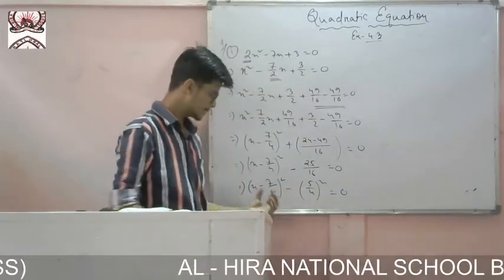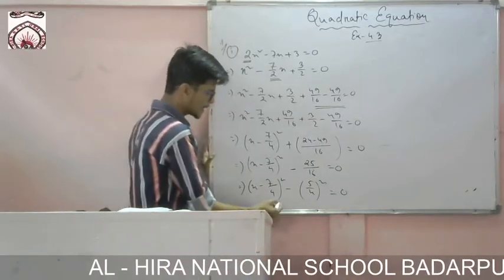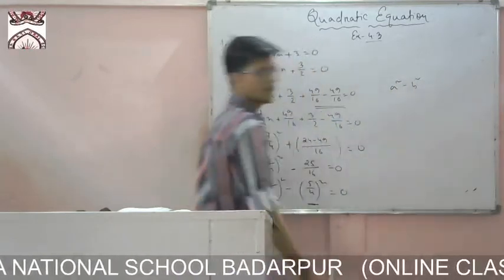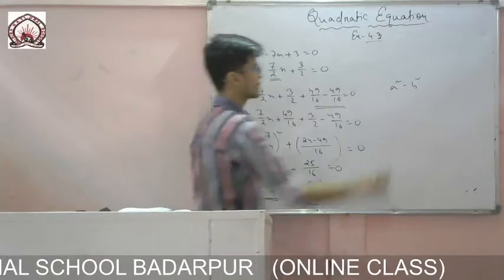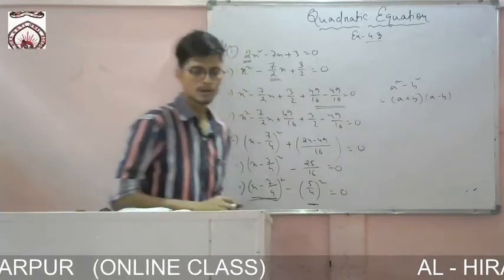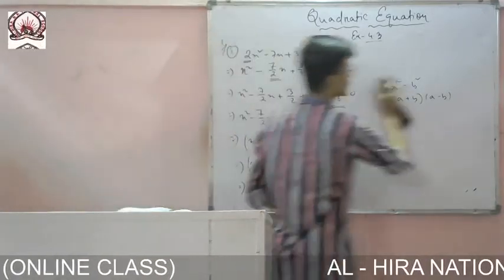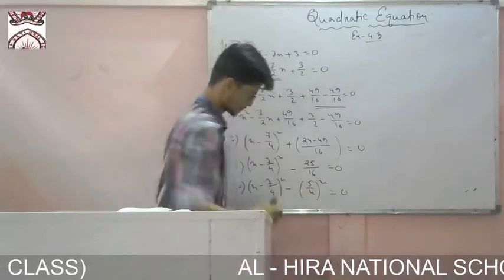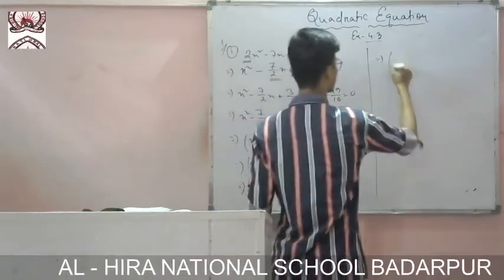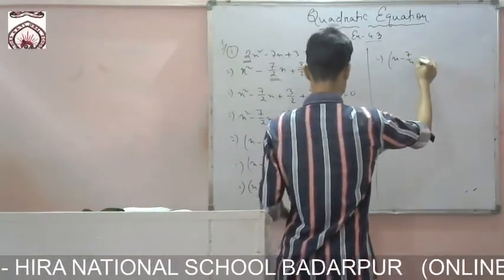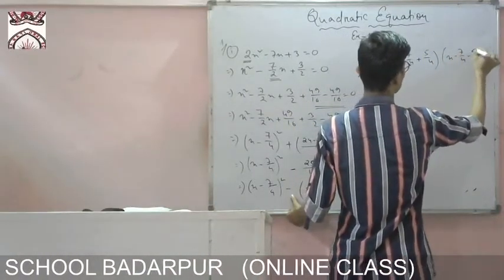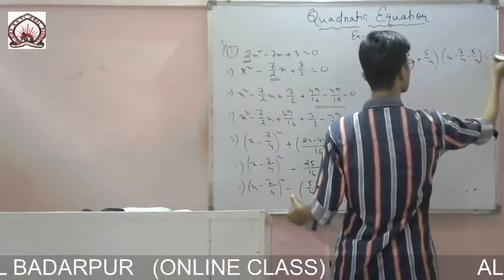Now you see very carefully this part. If I take this whole one as a and this one as b, the formula is coming a square minus b square. And a square minus b square, what is the formula? It is (a plus b) into (a minus b). So after that you write, implies a plus b, that is x minus 7 by 4, one time I have to plus 5 by 4, another time I have to subtract 5 by 4, equals to 0.